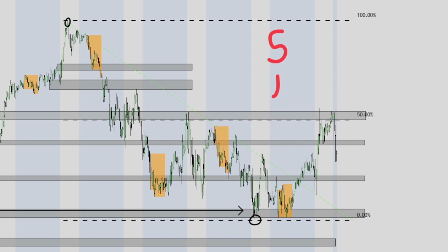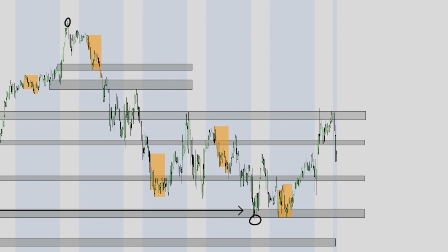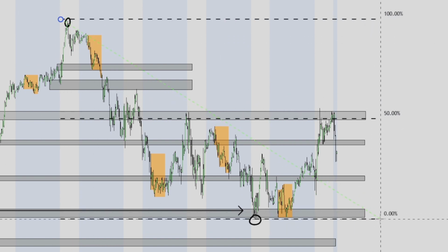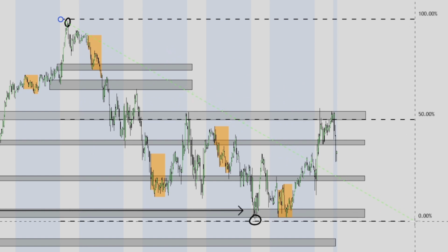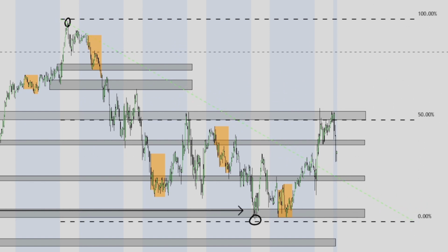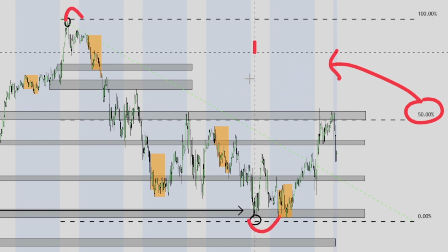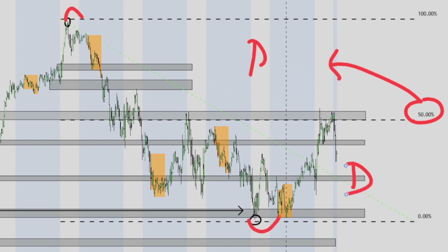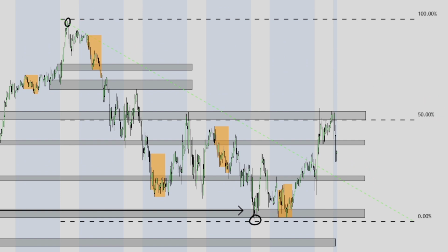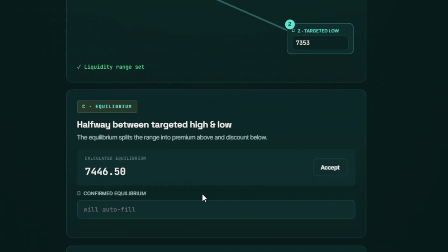Okay, so I've made a lot of videos about this, so I'll quickly break it down from a charting perspective first. You want to project the fib from the high down to the low. There you go, high down to the low. And so this 50% here, a lot of traders will understand, this is the equilibrium which divides the structural dealing range into a premium and into a discount. Okay, this is critical, and what the application forces you to do is it forces you to input these into